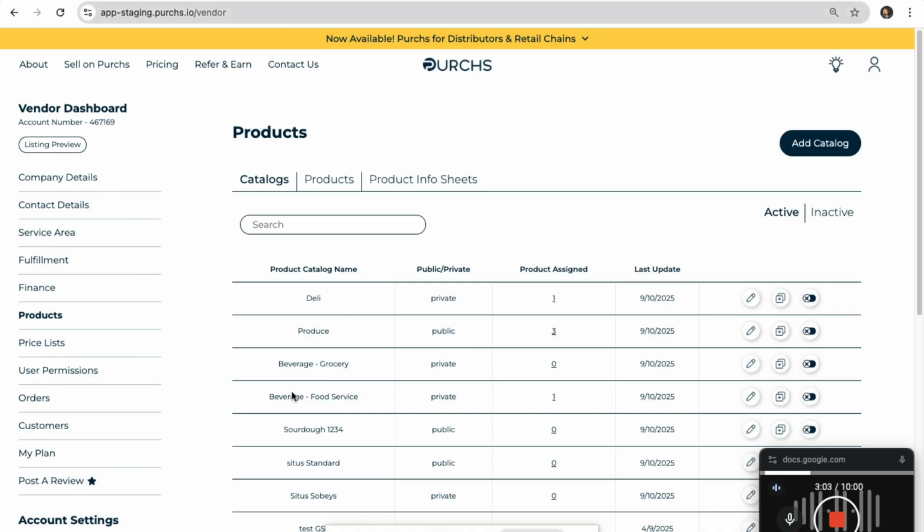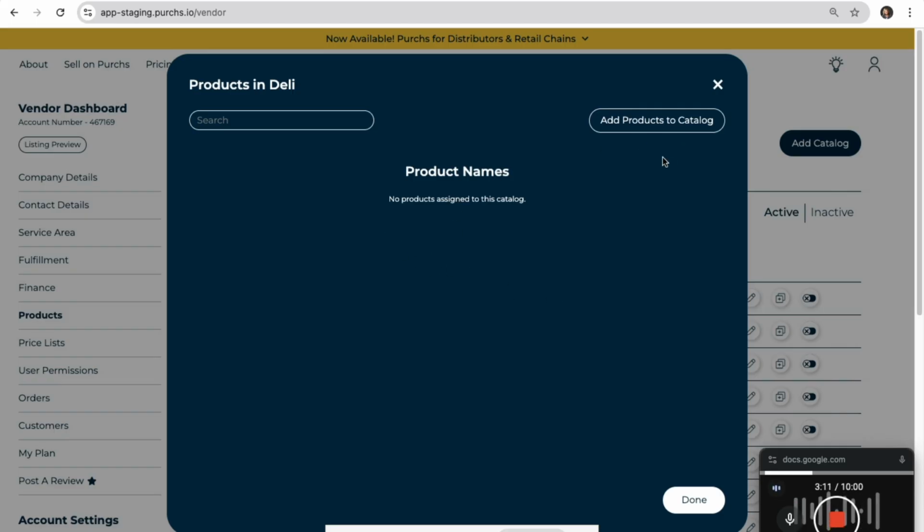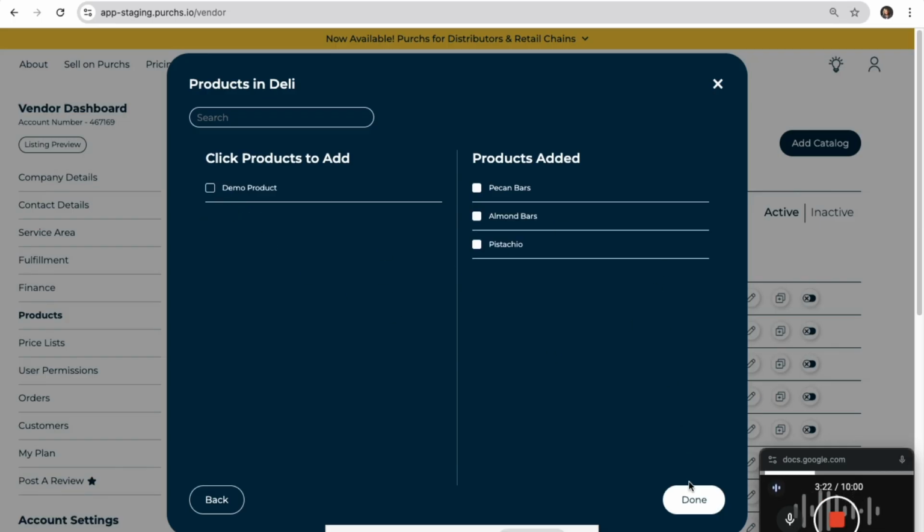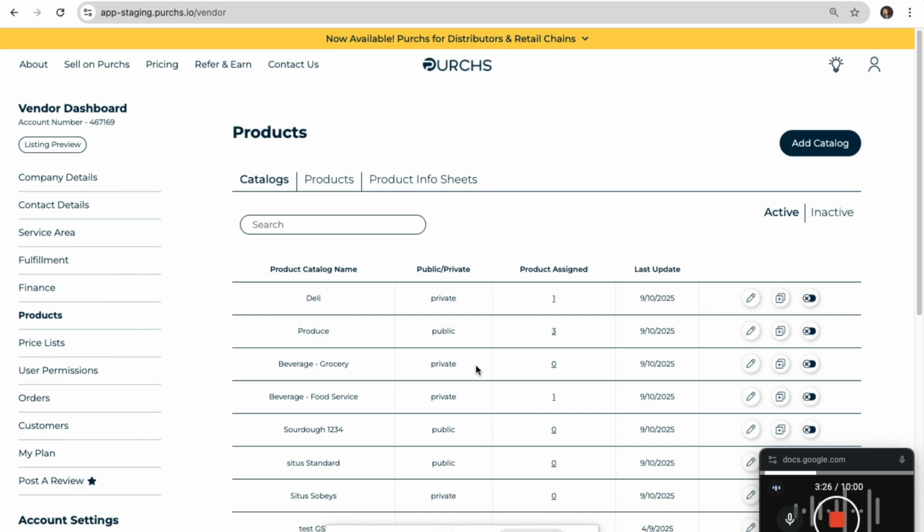Once your catalog is set up, then you can go back and assign products to that catalog. So I can very quickly go into Deli. I'm going to click the underlined number and I'm going to hit add products. It's going to bring up all the products that I have available, and I can basically go through and add those products into that catalog. I'm done. And now you're going to see that the next time I come in, I've got actually 3 products